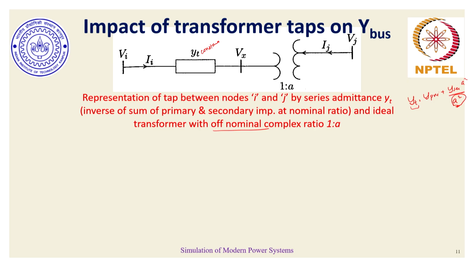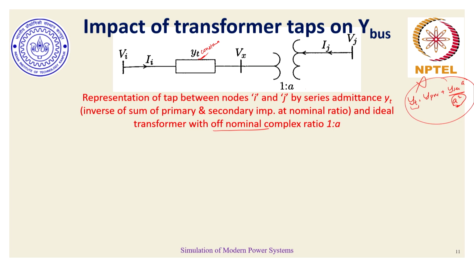If we have a transformer tap where A is perfectly 0, it's as good as there is no transformer at all. There is no physical transformer present at all. There is no step up or step down voltage going on. So A will typically be close to 1, and hence often this sort of detailed modeling can be avoided by assuming Yt to be constant. So if this is how the modeling happens, how do we model or find the corresponding Y bus?